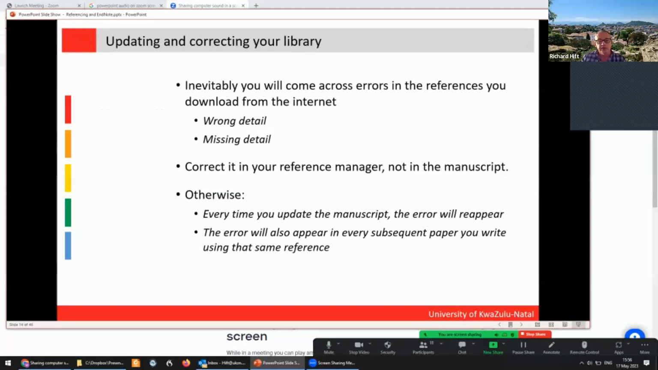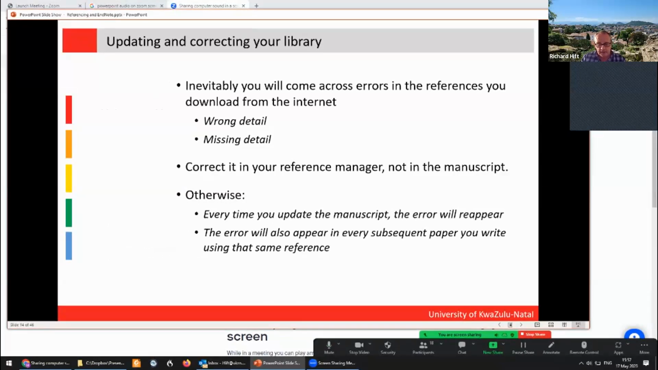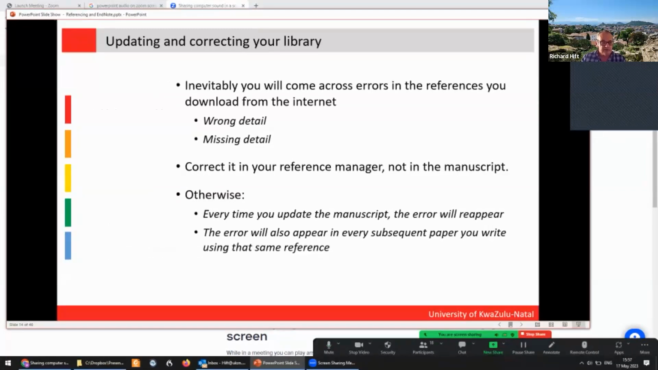I guess these days it's all automated, but it's not unusual for the reference that PubMed provides to your EndNote, in fact, to have errors. Okay. In fact, there was a humorous one. A colleague of ours